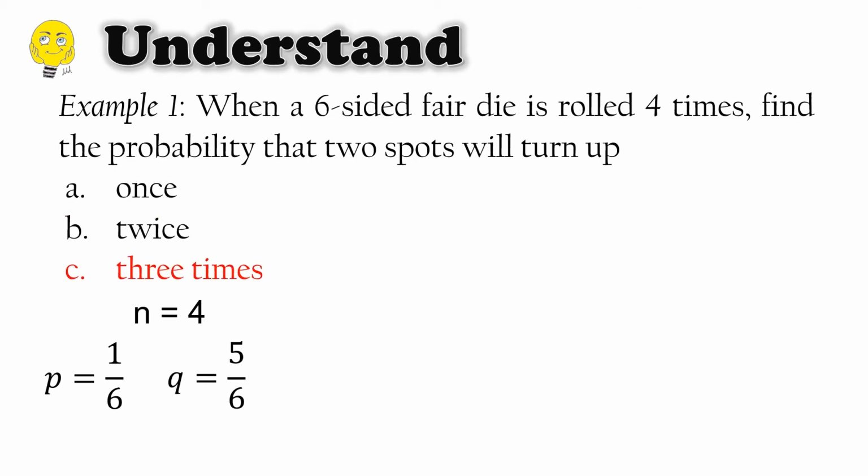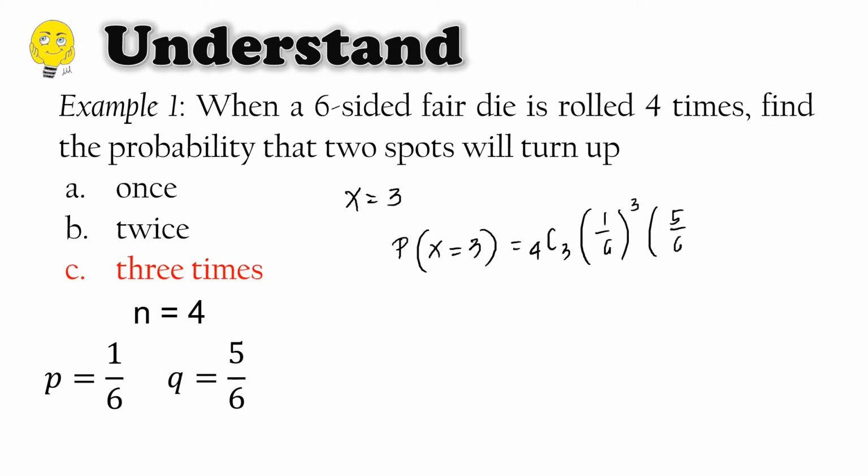Next, let us have letter C. X is equal to 3. So the probability of getting 2 spots 3 times is equal to 4 combination 3 times 1 over 6 raised to 3 times 5 over 6 raised to 4 minus 3. 4 combination 3 is 4 factorial